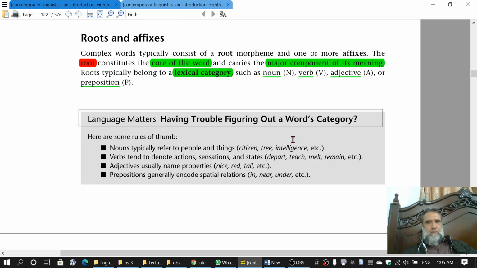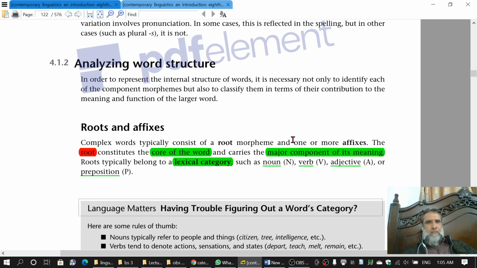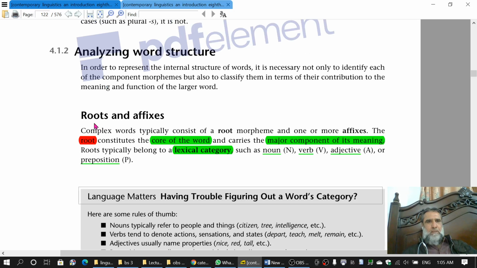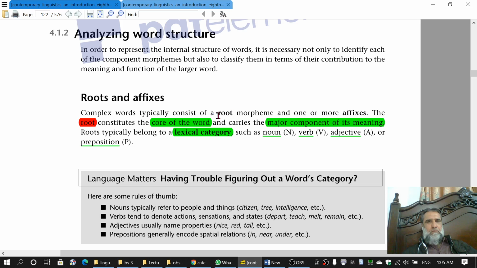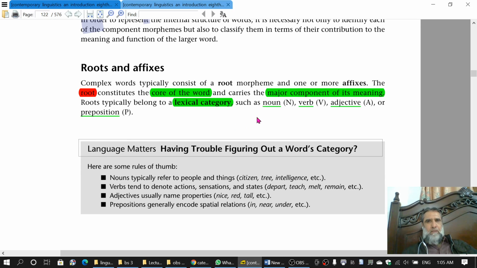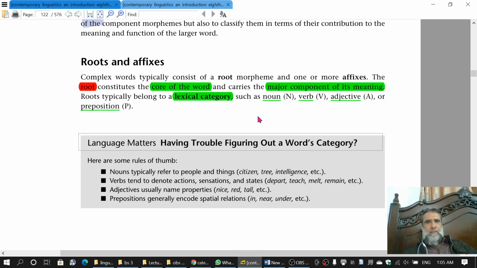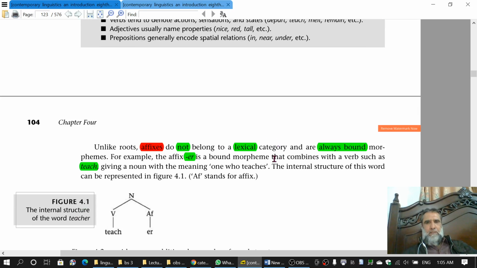तो ये एक मुख्तसर सा लेक्चर हुआ और हमने इसमें रूट्स और एफिक्सेस को पढ़ा. रूट्स भी मार्फीम हैं, एफिक्सेस भी मार्फीम हैं. कॉम्प्लेक्स वर्ड्स में चूंकि मार्फीम एक से ज़्यादा होते हैं तो इसमें कम से कम एक रूट होता है, बाकी एफिक्सेस यानी प्रीफिक्सेस और सफिक्सेस हो सकती हैं. रूट की पहचान ये है कि ये लफ्ज़ का मरकज़ी हिस्सा होता है, बड़ा हिस्सा होता है, मेजर कंपोनेंट ऑफ इट्स मीनिंग होता है, और ये लेक्सिकल कैटेगरी से बिलोंग करता है, यानी नाउन, वर्ब और एडजेक्टिव वगैरह से. और इस तरीके से एफिक्स हैं जो कि